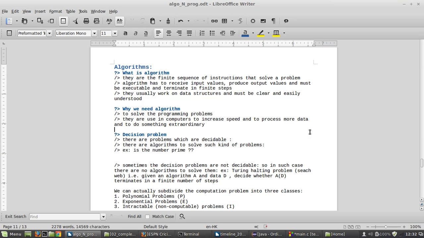Let's begin our session with the new concept to understand: algorithms. So, what are algorithms actually? These algorithms are a finite sequence of instructions. That means you have some finite sequence of instructions that solves